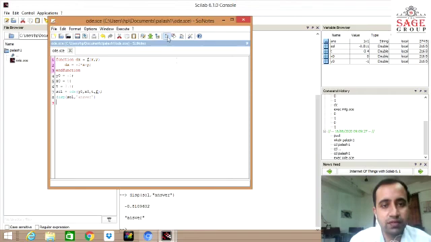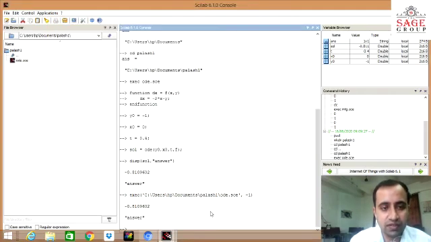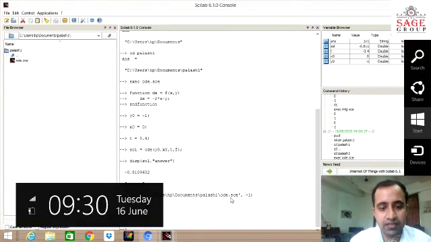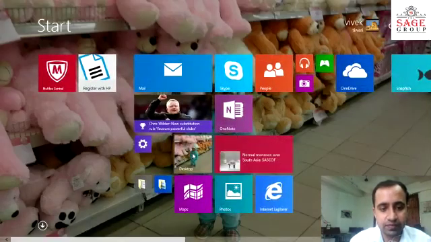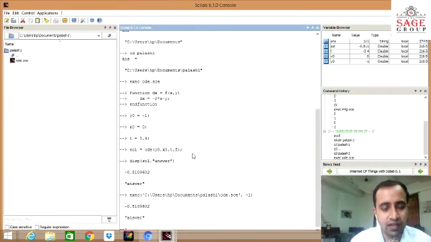So we can execute from here also. See, the result will come on the console window, and we are again seeing the result here. See, they have written exec users HP documents Palash1 ode.sce and minus 0.81, the same answer we got again.